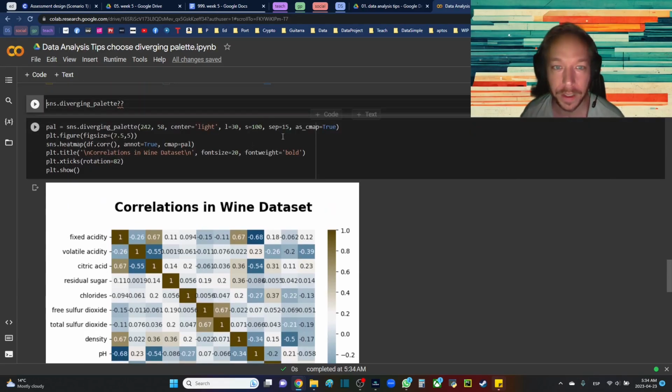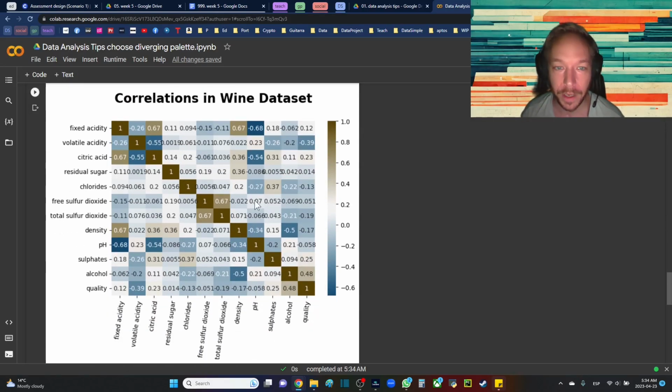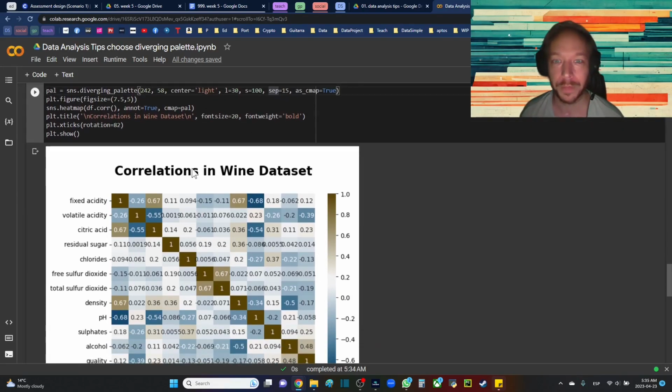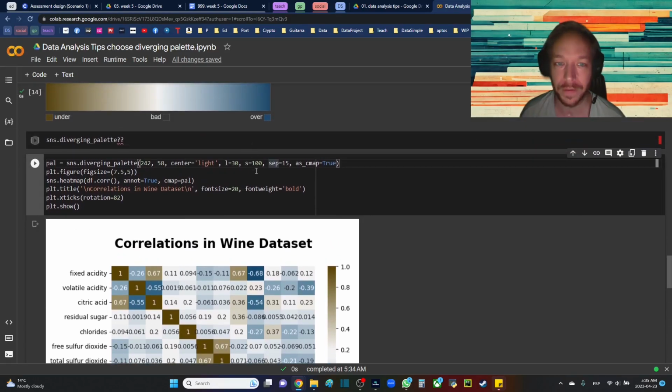So what I've done here, I've turned SEP up to 15, right? So you can see here now all of the things, 0.2, 0.14, all the little negatives, little positives, are really white. You just don't even really notice them. They're a little bit of color, but you don't really pay attention to them. So this is a really handy feature to be able to customize your plot pretty substantially versus just the default colors. Made it a little bit darker, added a little bit of SEP,